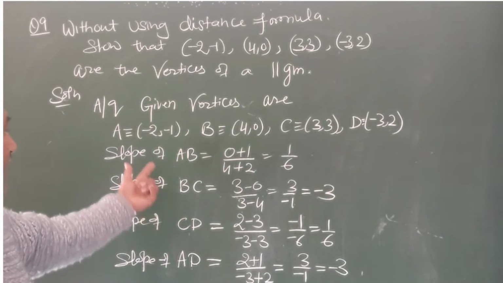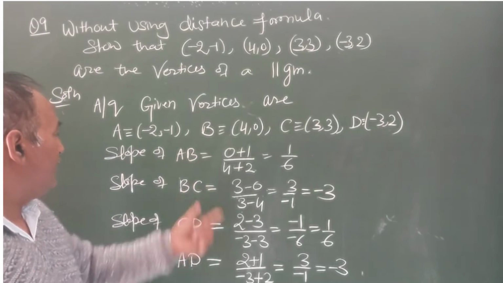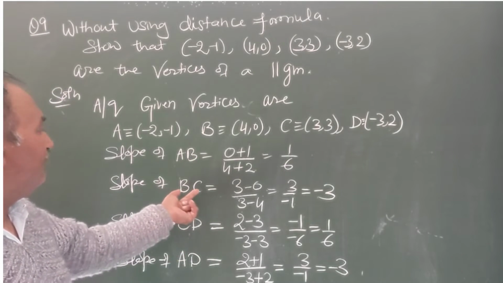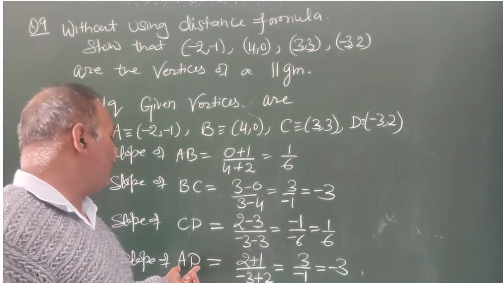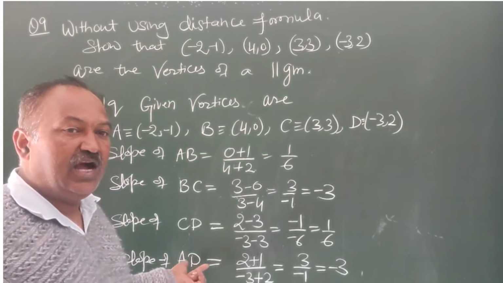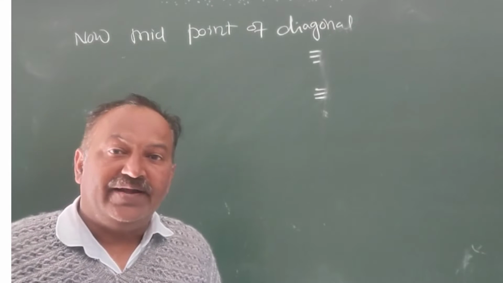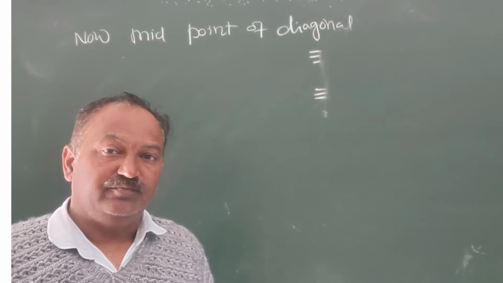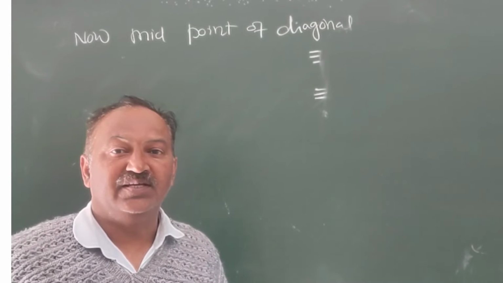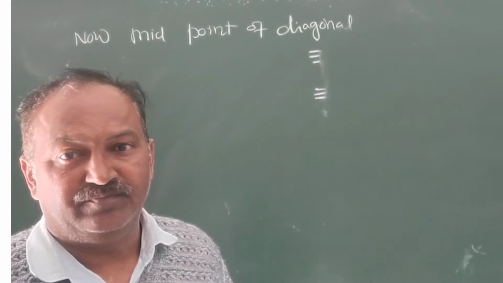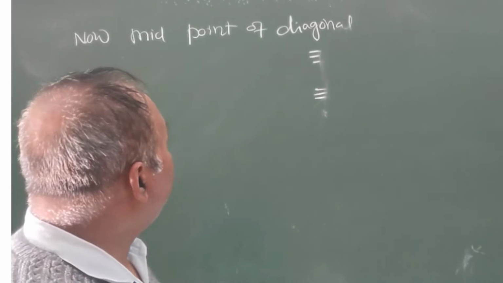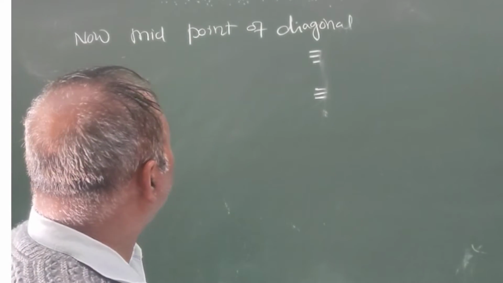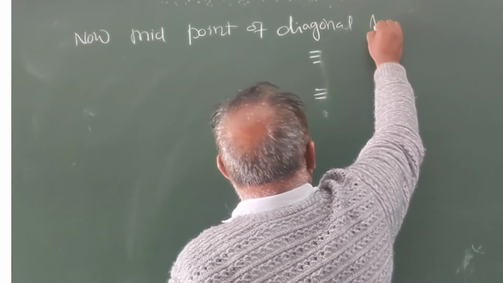So it is clear that slope of AB is equal to slope of BC and slope of CD is equal to slope of AD. Opposite sides are parallel. Now let us find the midpoints of the diagonals of this quadrilateral. The midpoint of the diagonal AC,